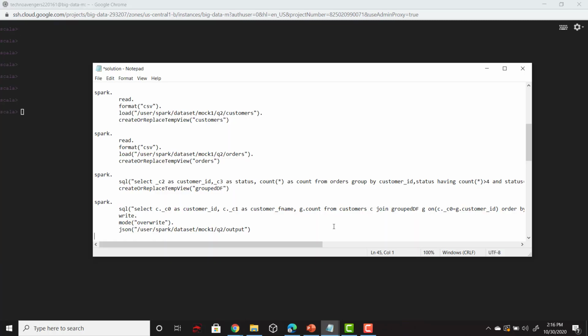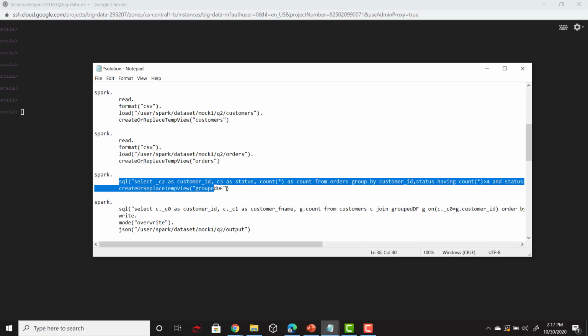So there is one more solution to solve this question, using Spark SQL, in which we will be using SQL-like queries to solve our problem. So here, after creating my customer data frame, I am registering that as a temporary view with the name of customers. Similarly, after reading my orders data from the CSV file, I am registering that as a temporary view named orders. Once I have both the temporary views, I can now run the SQL queries on top of that.